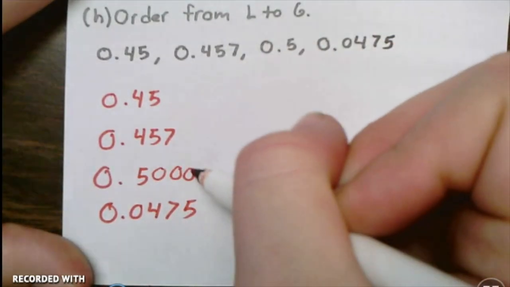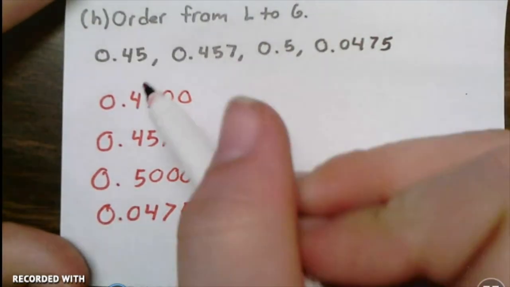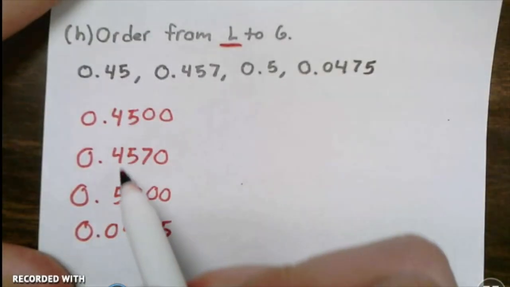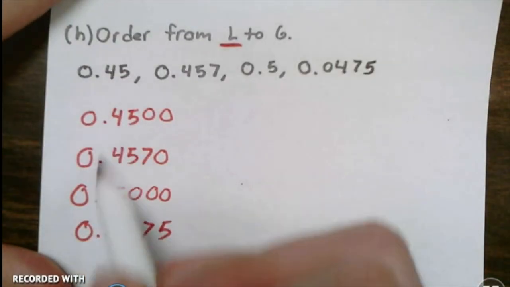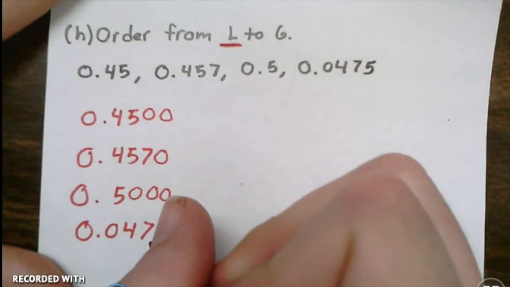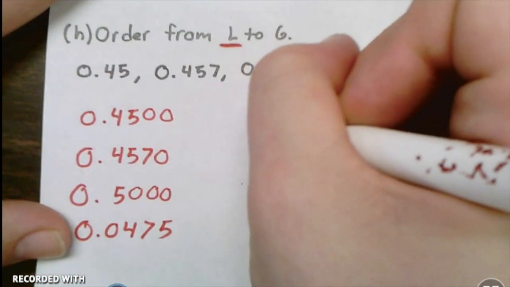Well, I'm going to add 3 zeros here, 1 zero here, and 2 zeros there. Now I can look, it wants the least one first, so which of these numbers is smallest? Looking in the first place, I got a 4, a 4, a 5, and a 0. This one is definitely smallest. So I'm going to write that one first,